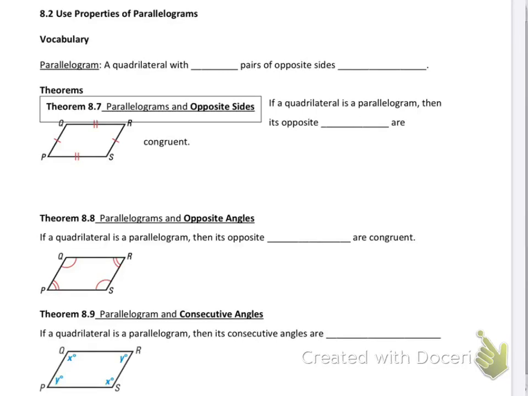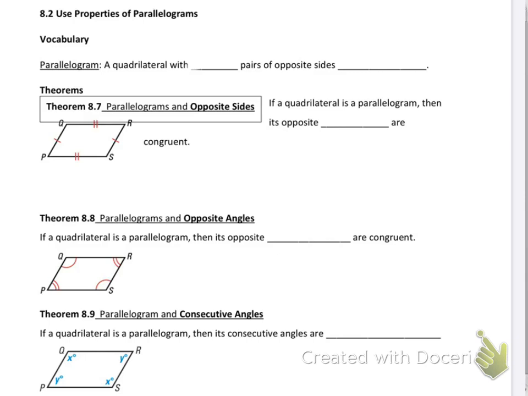Okay, in this video we're going to go through 8.2. Now there's only one page of notes here, but it's a very important page. So we're going to discuss one shape, and that's a parallelogram. Okay, so a parallelogram is a quadrilateral with,